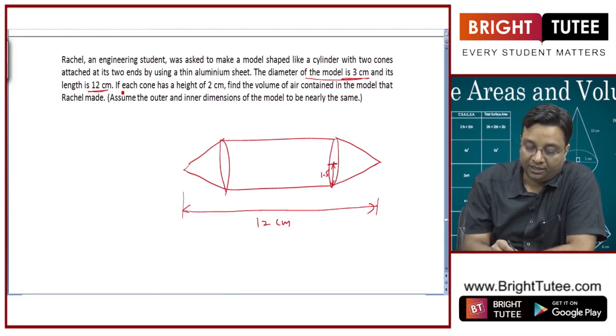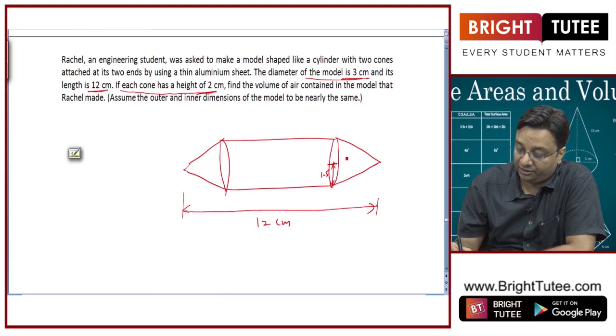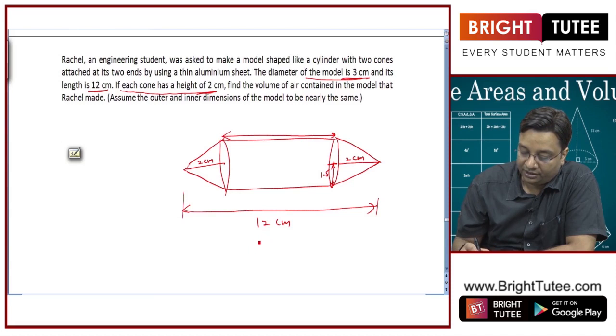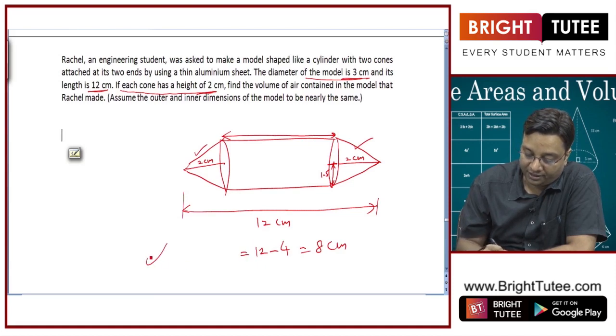If each cone has a height of 2 centimeter, so this cone has a height of 2 centimeter and this cone also has a height of 2 centimeter. So what is the length of this cylindrical portion? It is 12 minus this 2 and this 2. 12 minus 4, 8 centimeter is the length